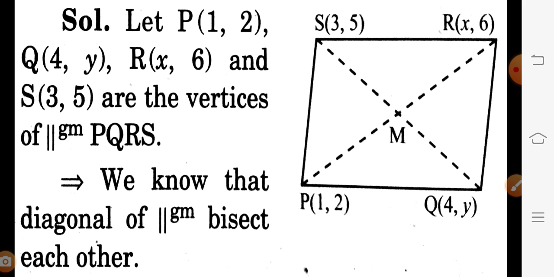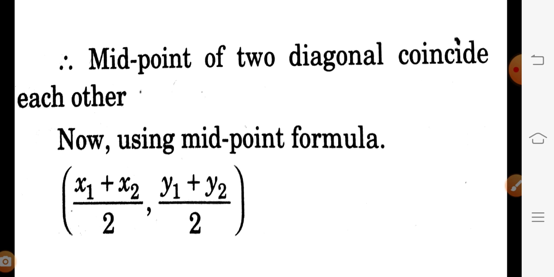Then we are going to find out the coordinates of M by using the midpoint formula concept. And what we know, by adding the x coordinates, if you are observing PR, then the x coordinates we are getting are x and 1, then the sum of these two upon 2, and the y coordinate we are getting as (6 plus 2) upon 2. Then let us solve this question by using the midpoint formula concept. We are adding the x coordinates and dividing the value by 2. For finding the y coordinate, we are adding the y coordinates and dividing that value by 2.